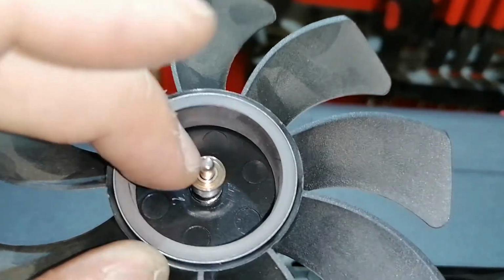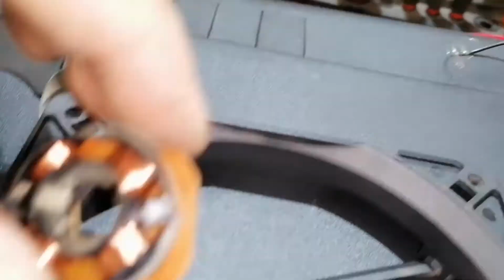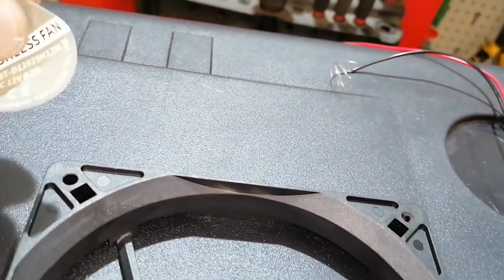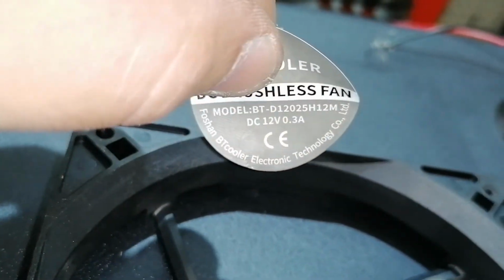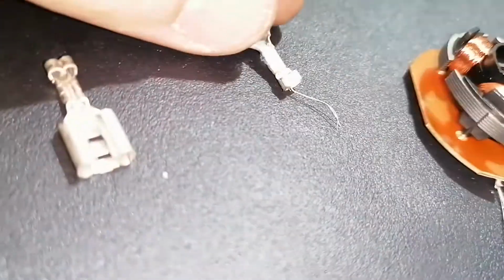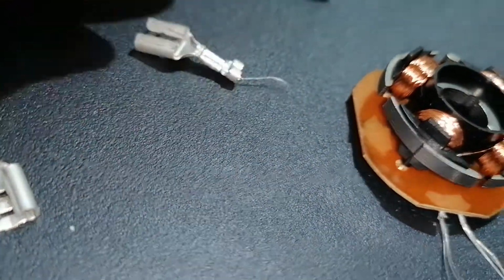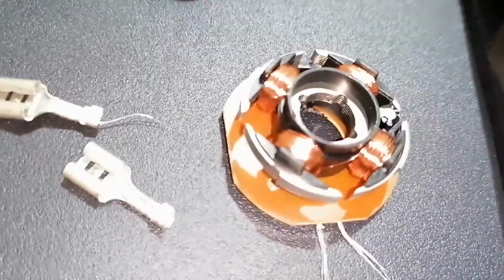One of the tiniest bearings I ever saw. I didn't open this kind of fan before because I believe you can use any fan from a PC. It's a 12 volt fan, so I don't think that's a problem. And of course we have the connectors here, and this will work crimped correctly. So I don't know, it's such a simple thing that I don't know